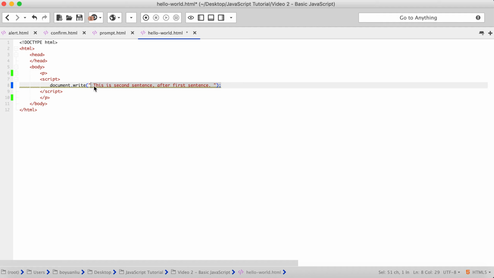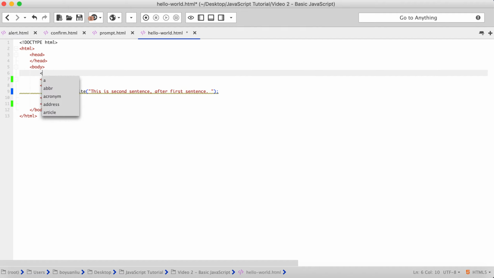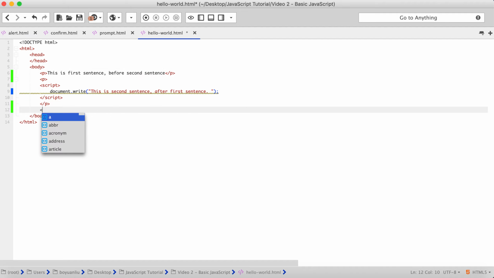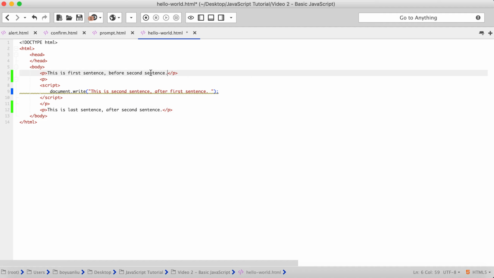You basically put the sentence that you want right in here. I cannot read that warning, so I'm just gonna keep typing. I'm gonna create a new paragraph. Let's say this is first sentence before second sentence. And this is last sentence after second sentence. So if I save it,